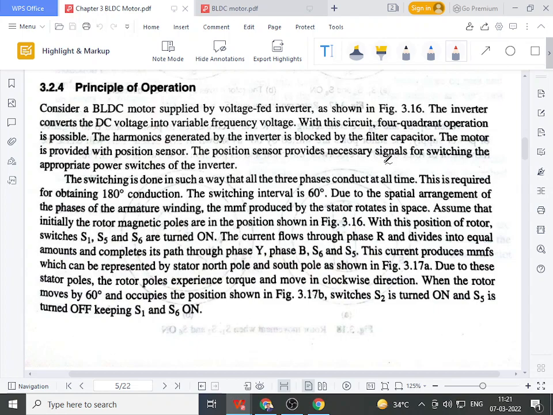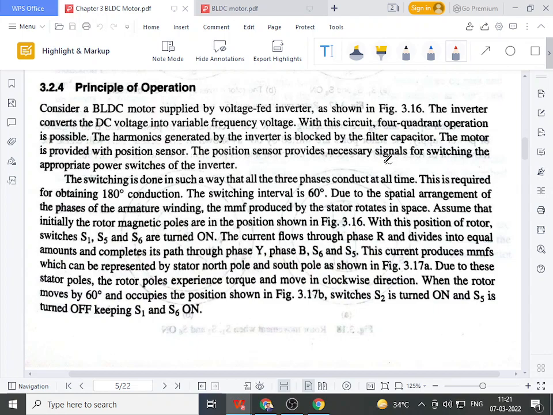So each and every motor, whether DC, AC, or any special type of motor, has a working principle based on this simple basic principle: whenever a current carrying conductor is placed in a magnetic field, it will experience a force. So the BLDC motor also works on the same principle, but there is one difference. If you recall the construction of the BLDC motor, or when I explained the introductory part of this BLDC motor, I already explained that for working of a BLDC motor it is necessary to sense the position of the rotor. A BLDC motor never runs without rotor position sensing, so it is required to sense the position of the rotor.